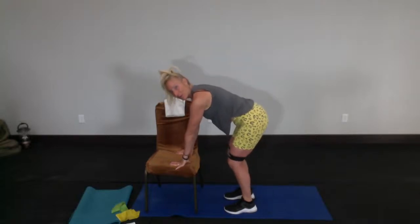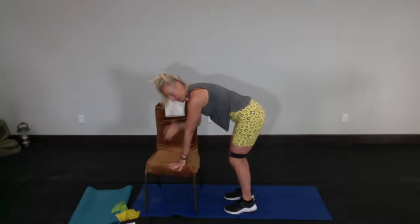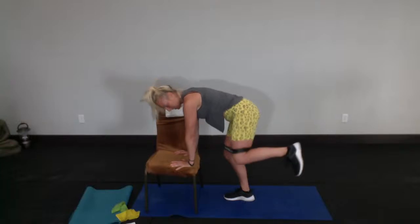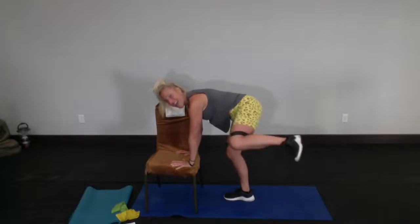We're gonna bend both knees, and we're gonna start moving the leg that's closest to me. So go ahead and bend that knee, and you're just gonna get your little fire hydrant to get those glutes warmed up. So I decided we're gonna do the lower body portion, the majority of it, at the beginning of